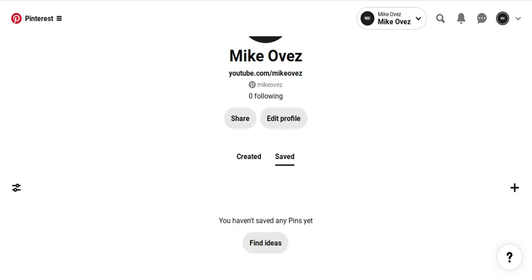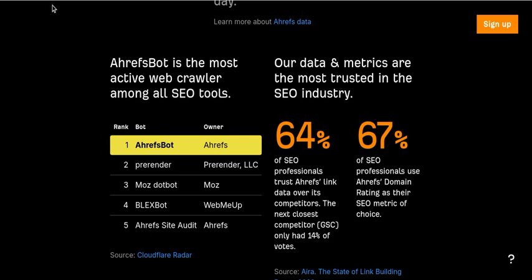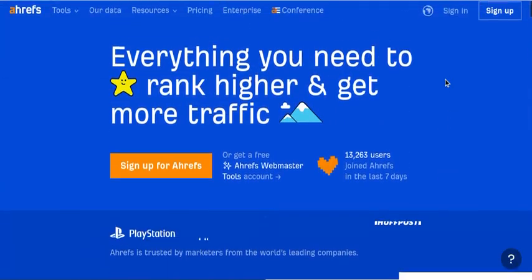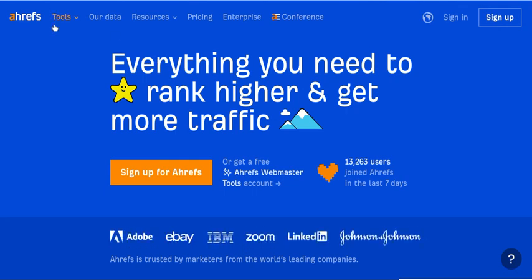Ladies and gentlemen, this is a keyword research tool for Pinterest, meaning you want to rank number one on Pinterest. If you want to post on Pinterest, this is where you go for your pin. And for you to rank number one on Pinterest, there's a tool you need to be using called Ahrefs. So you can start making your first $100, first $1,000, every amount you want to make in 2024 as a complete beginner. If you want to rank number one on Pinterest and make money on Pinterest, this tool is called Ahrefs. Ahrefs is a tool that helps you rank higher and get more traffic on every social media